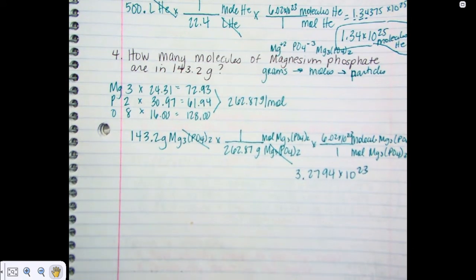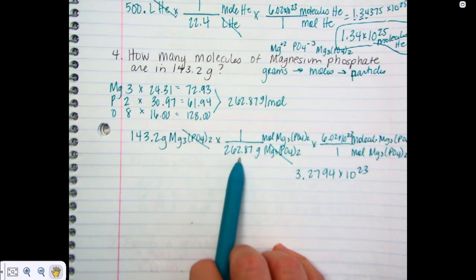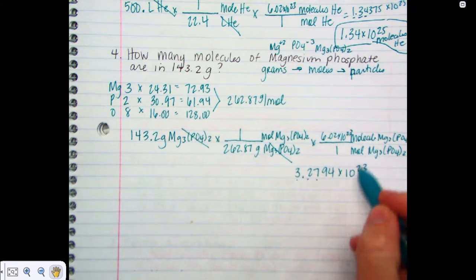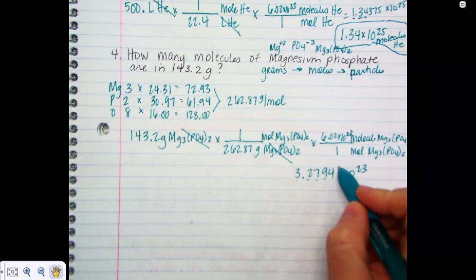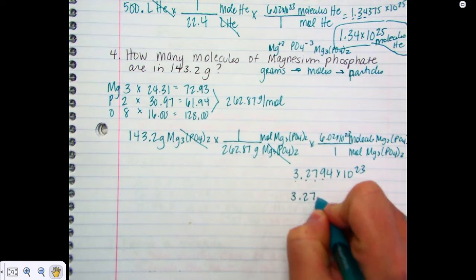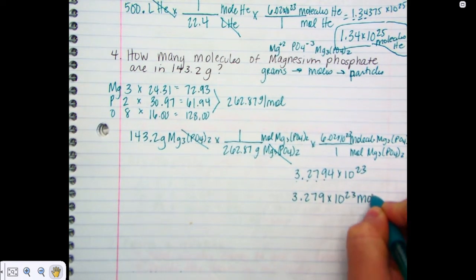All right, let's check our sig figs. 1, 2, 3, 4, 5, constant, going 4, 1, 2, 3, 4, and that 4 is knocking around. So 3.279 times 10 to the 23rd molecules